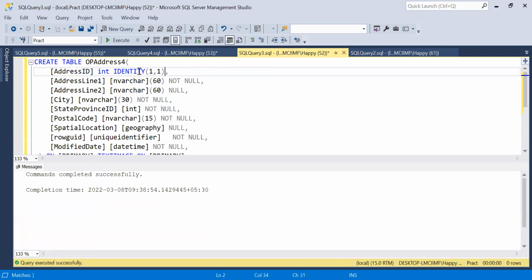What this identity will be doing is that it starts from 1, and for every next record being inserted, it adds 1 to the previous number. So if you put 2 here, it will start with 1. For the next row being inserted, that value will be 3, again 5. So that goes. So now I would like to output 5 table, OP address 5